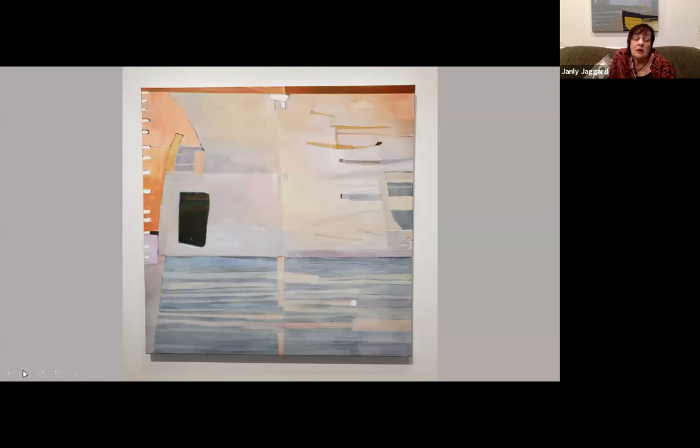This one here is the largest painting in the exhibition, and it's called Mapping 2. It's probably the painting that's taken me the longest to create and feel that I can actually put it out there for people to look at. It's had many, many chapters of interaction between it and me. And I can't begin to tell you